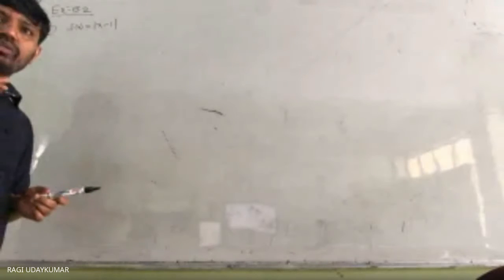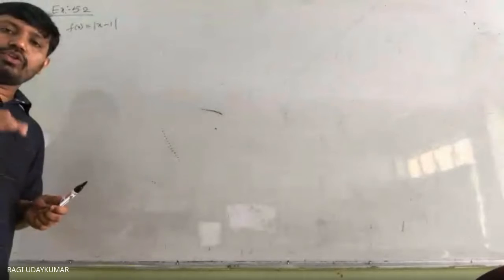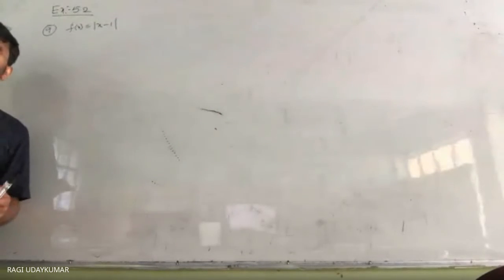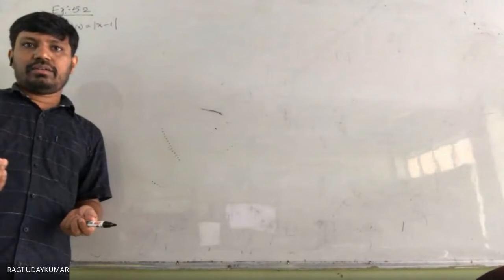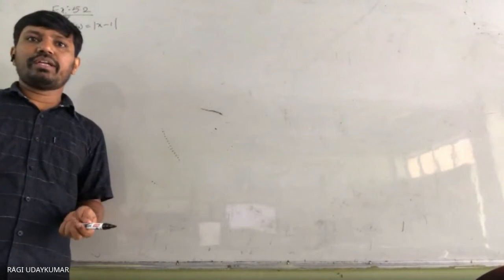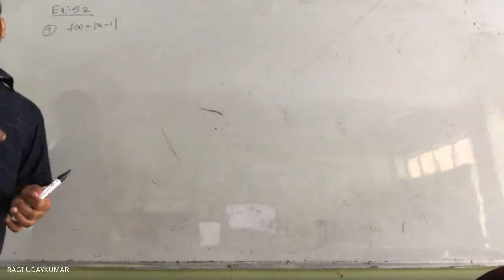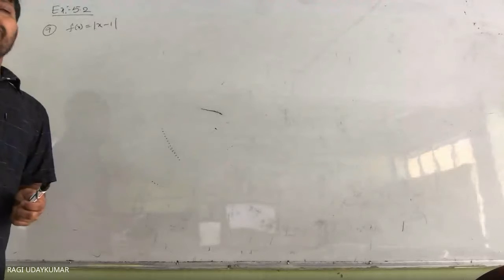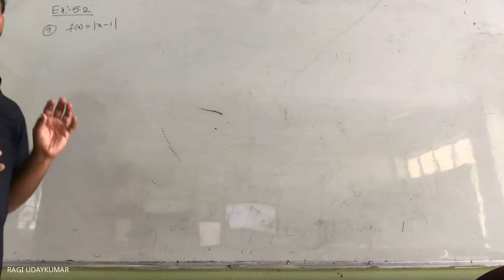So we need to prove that it is not differentiable at 1. Particularly, you need to prove that the left hand limit and right hand limit differ. What do we get here? Left hand limit and right hand limit, what do you get? Suppose at a particular point c, whenever you take the differentiation of the function, to check the differentiability,